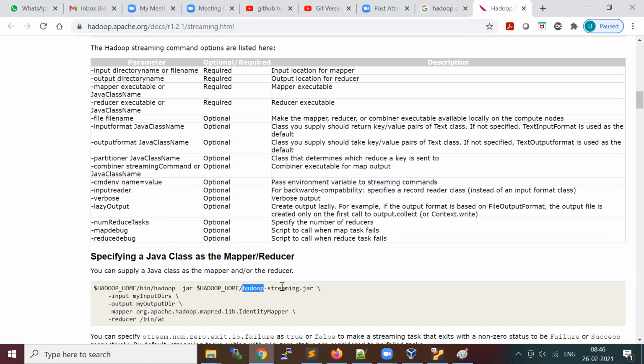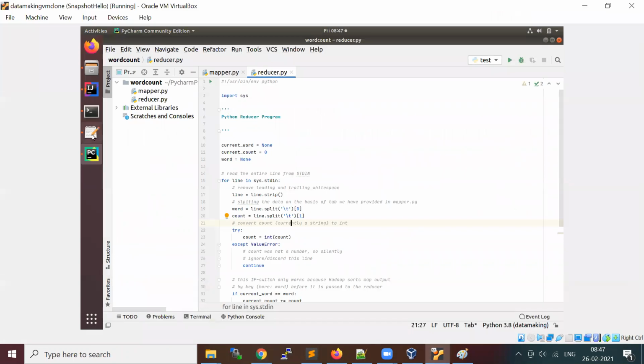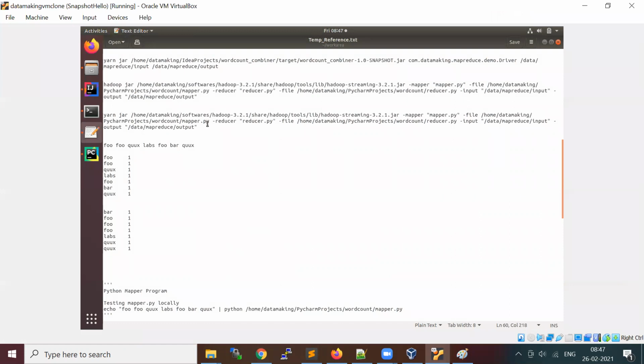There is a Hadoop streaming library in your Spark installation. I will tell you where it is located. So using this library only, we are submitting our Python MapReduce job. Do you have any questions on this? So basically, this is the command I'm going to run.